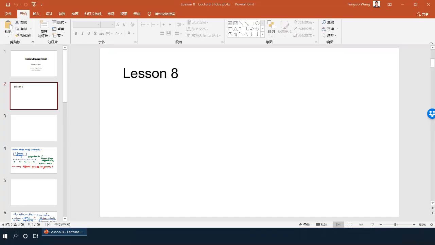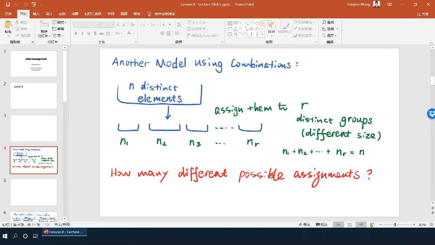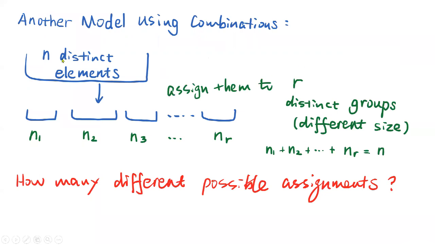Welcome to the class. Today we're going to learn the third model of combinations. First of all, let me introduce a question that is related to the third model. The question is,